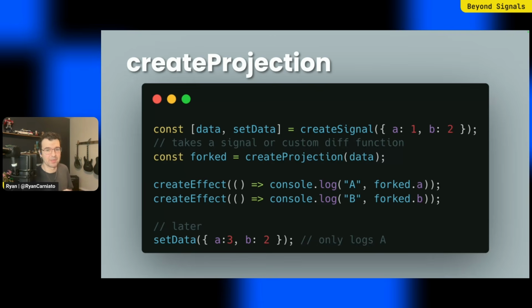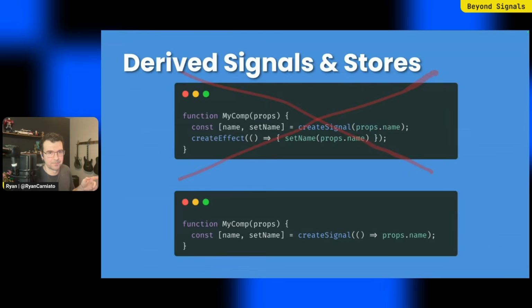Being derived is important because it removes the need for synchronization and using effects to write to state. Effects really should be the end of the loop, the exit of the system. And it means that mutating it won't mutate the underlying source. Being granular is important as it means we finally have a way to fork reactivity. Memos converge reactivity down to computed values. Projections expand and split reactivity back to multiple sources. If that isn't clear to you yet, that's okay. I'll show this off a little bit more later.